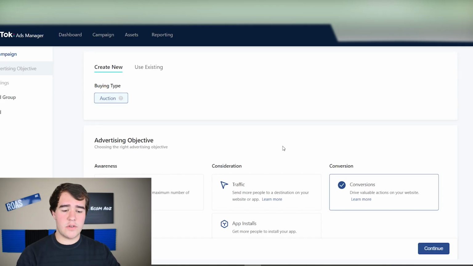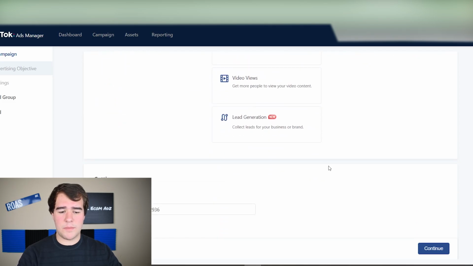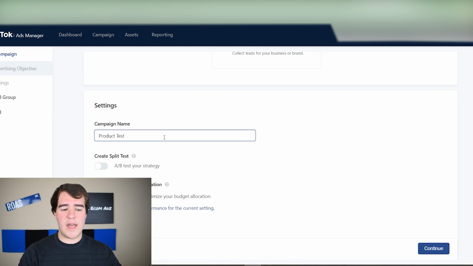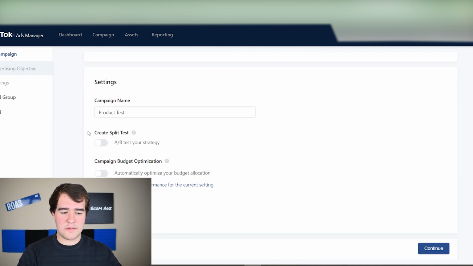campaign. So go ahead and click create, and the first thing that we're going to do is optimize for conversions. We're going to want to optimize for purchases out the gate. Go ahead and name the campaign product test, and we're going to turn A/B testing off and we're going to